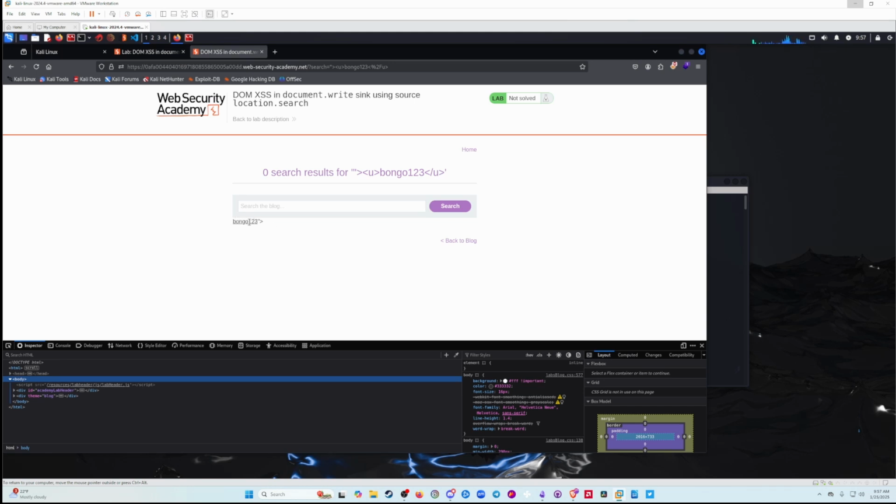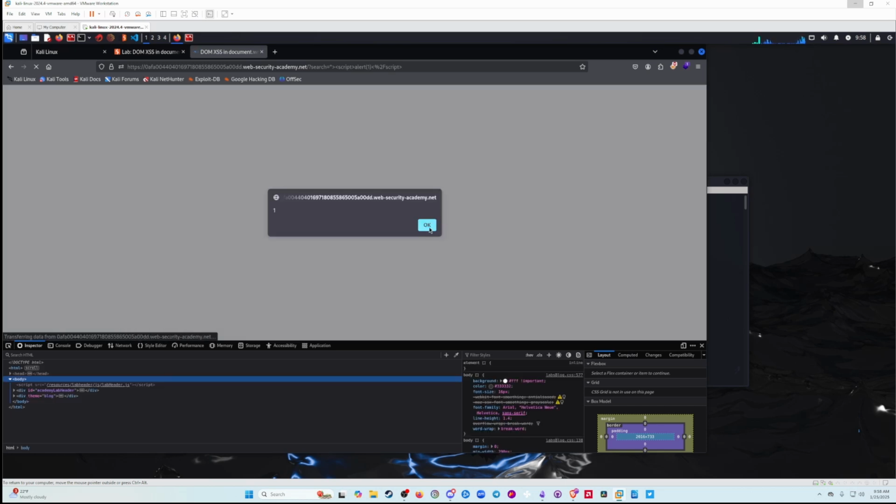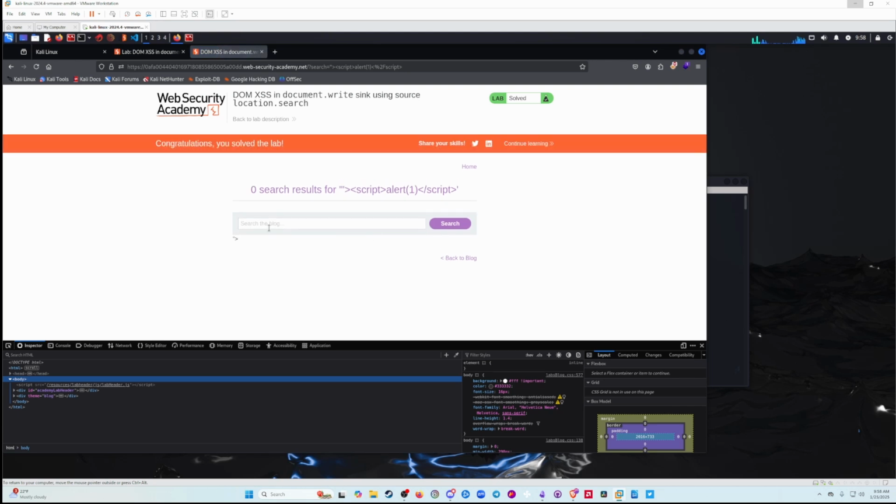So we should be able to do any script tag. You just add this. You can just do a little one just to see if that works or not. Yeah, that worked. So the reason why that worked is because,